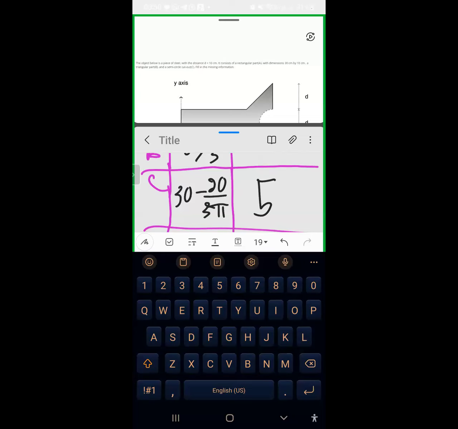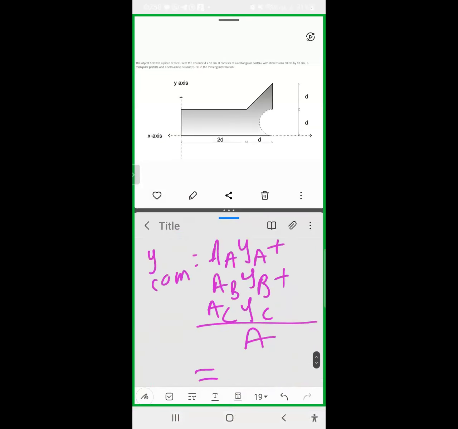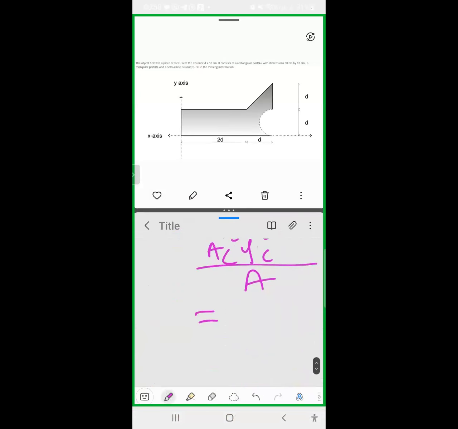And then this is divided by the total area, which is 300 plus 50 minus 25 over 2 pi. And I'm getting that the y coordinate of the center of mass is